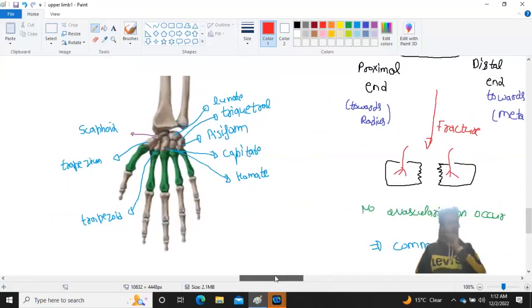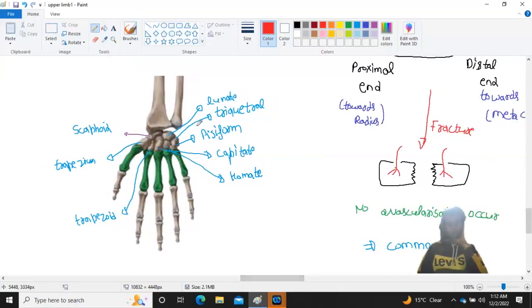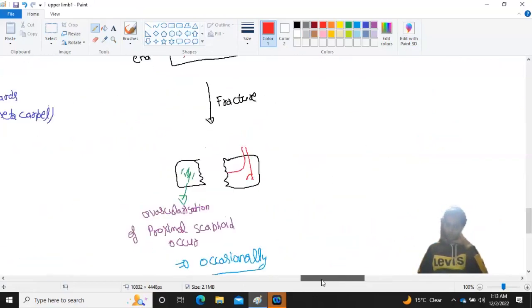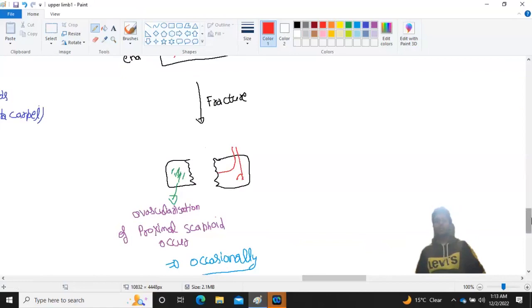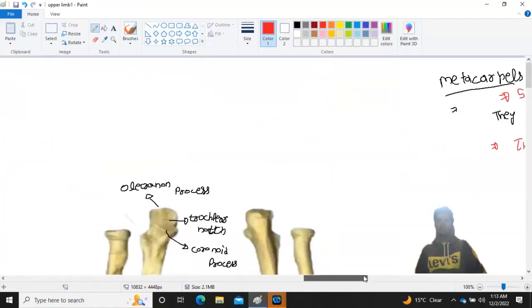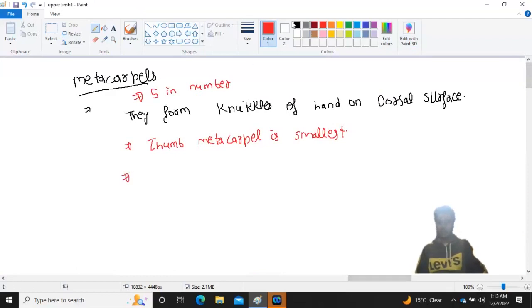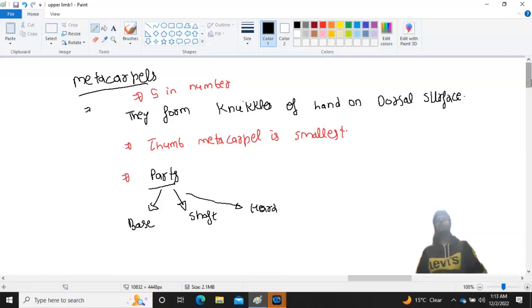Done. तो ये तो हो गई हमारी इसकी। अब लॉन्गेस्ट वाली मेटाकार्पल कौन सी होगी यहाँ पे, लॉन्गेस्ट वाली मेटाकार्पल, इसको बोलते हैं लॉन्गेस्ट वाली बिकॉज मिडिल फिंगर की सबसे लॉन्गेस्ट होती है। अब नकल से लिखिए, ठीक है, तो इसमें हमें इतनी चीजें आती है बस। देन उसके बाद कार्पल्स, और इसका याद रखेंगे पार्ट्स में: बेस, शाफ्ट और हेड। बाकी हमें इसका एग्जांपल पता ही है, उसके अंदर आती है एब्रेंट एपिफाइसिस।